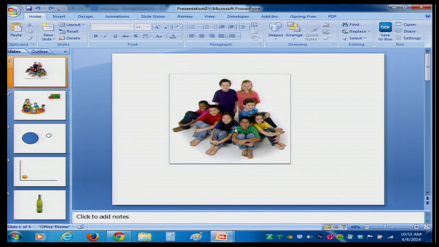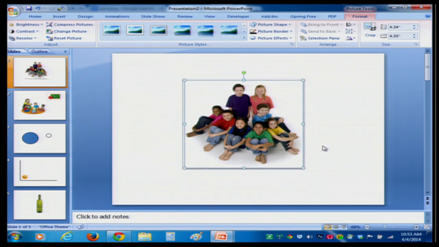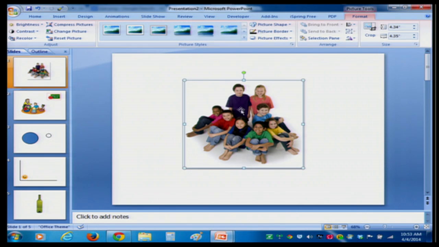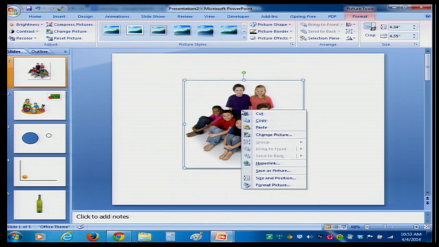All right, so if we're looking at these, now maybe I want to save this picture. I just want this picture. I don't need all of the border around this. I just need this picture. So when you want to save a picture in PowerPoint, you click on the picture to select it. Once that's selected, you then right-click, and you have an option that says